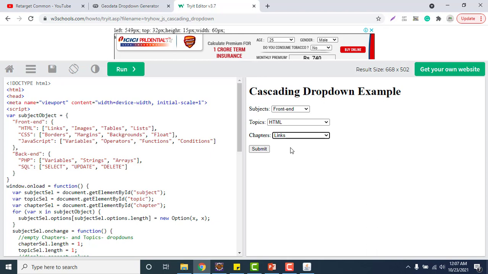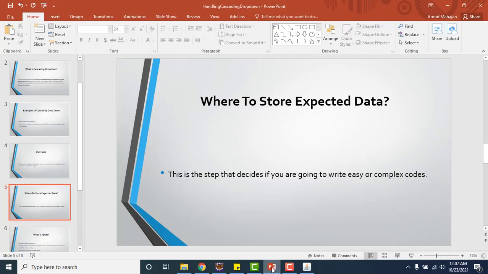Now the question comes: where do you want to store the data? This decision will decide how much code you are going to write, whether it will be complex or simple. What I have seen in many frameworks and companies is that they use an Excel sheet to store the data. If you use Excel to store this type of dependent data, you will be in a big problem. You have some other options also, like a YAML file, or even Java classes or interfaces to store the data. There are some different ways also, right?